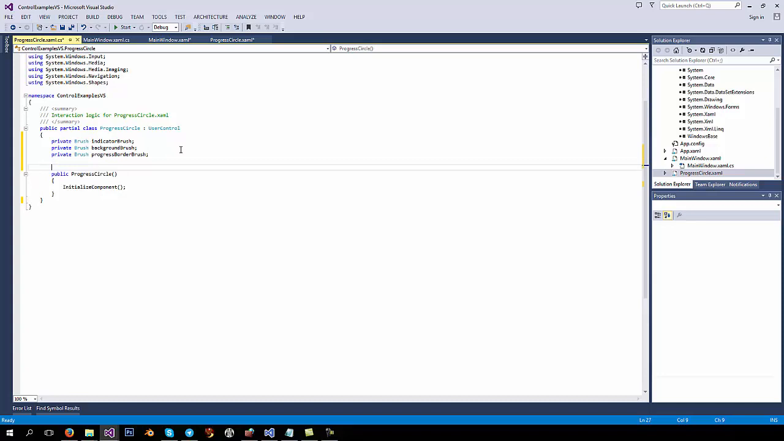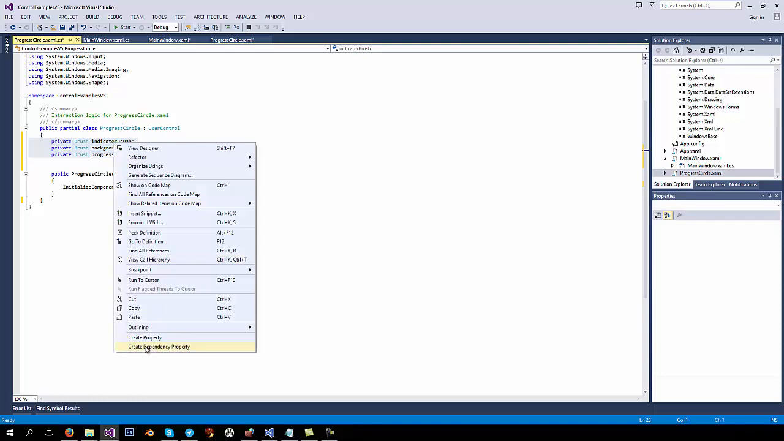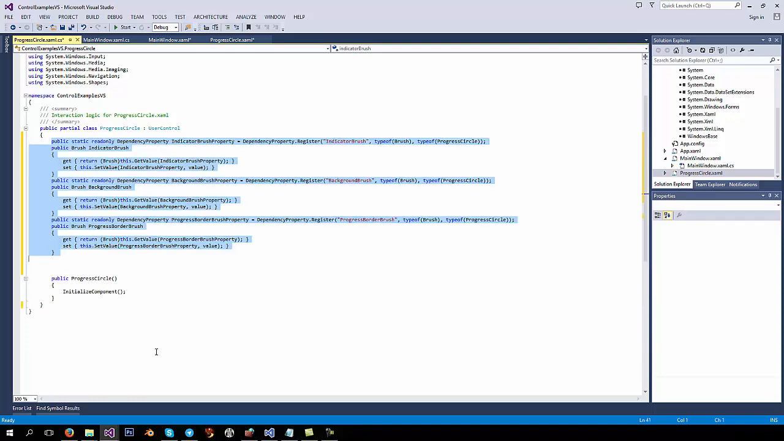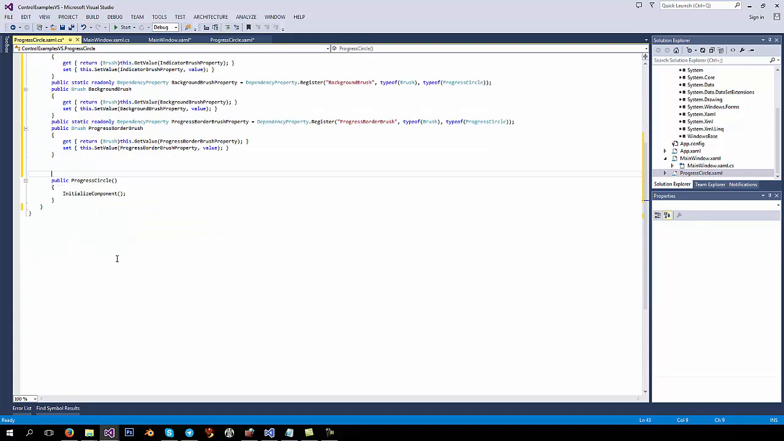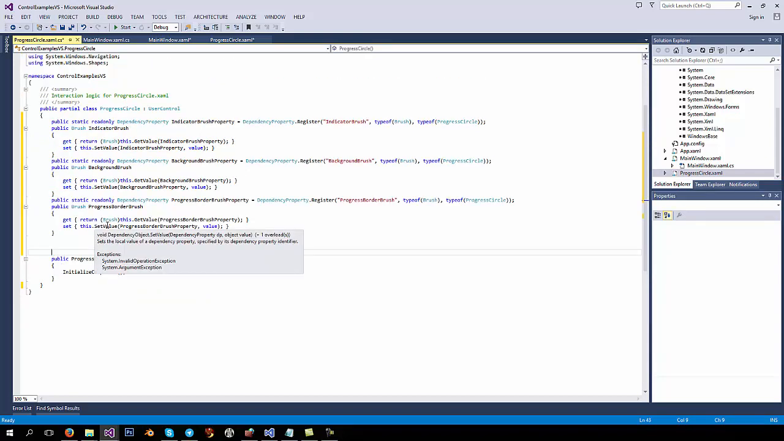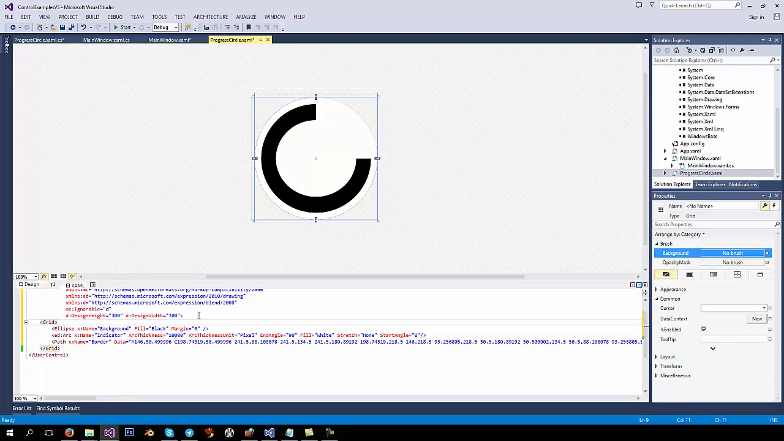Okay, so the way my thing works, I just write out variables, and I right click on it and create dependency property, and it converts those variables, the fields, into dependency properties and actually creates properties for them. It saves a lot of time. Okay, so we have our brushes here,